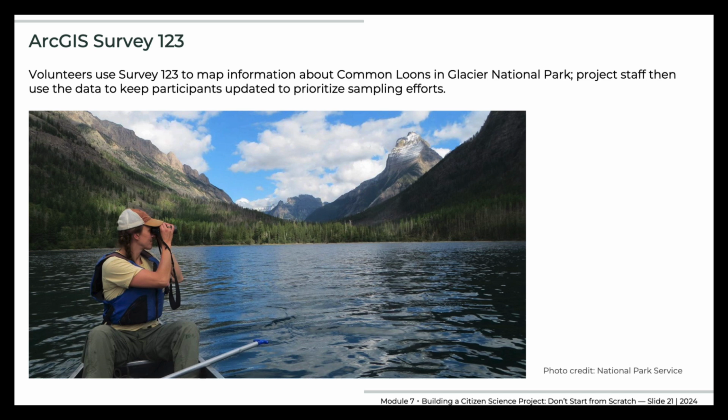Many federally based citizen science projects have employed Survey 123, including 3 projects previously discussed in this series: Alabama Water Watch, Engaging Angler Scientists, and Glacier National Park's Common Loon Project. The Loon Project is designed to enlist the help of park staff and volunteers to improve data accuracy and to increase survey coverage of priority lakes during the common loon breeding season. Volunteers map locations of territories, nests, and nursery areas, and document disturbance behaviors to identify potential factors affecting loon nesting success. Since 2005, park volunteers have spent more than 40,000 hours and completed